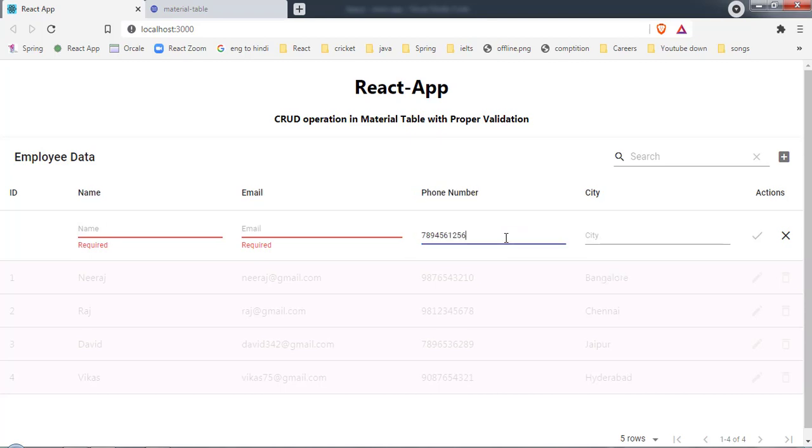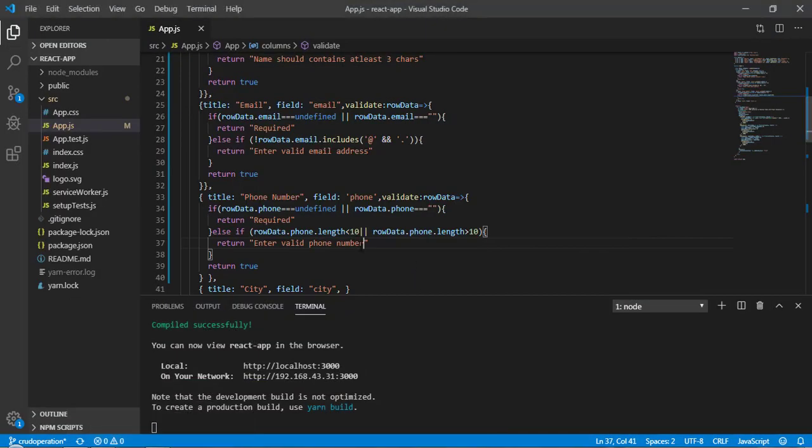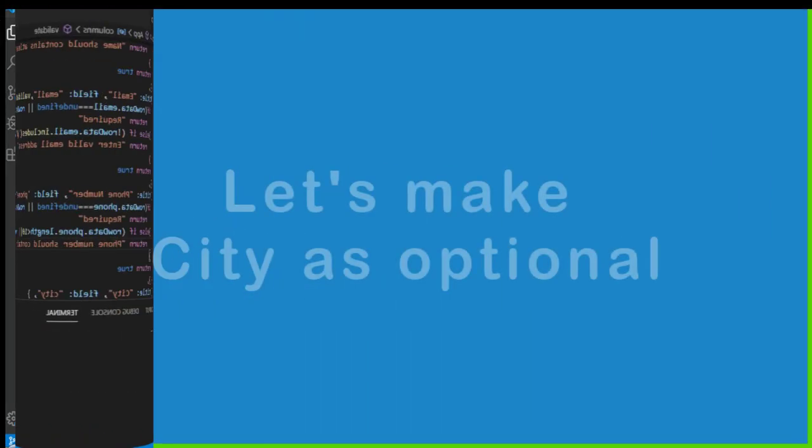Let's add a proper message here: the phone number should contain 10 digits.